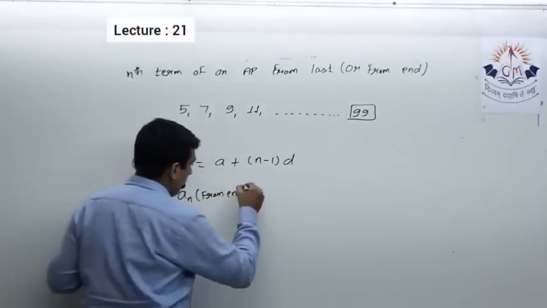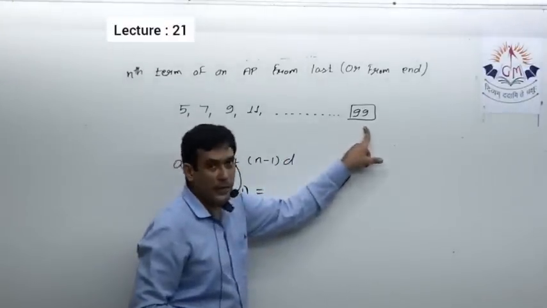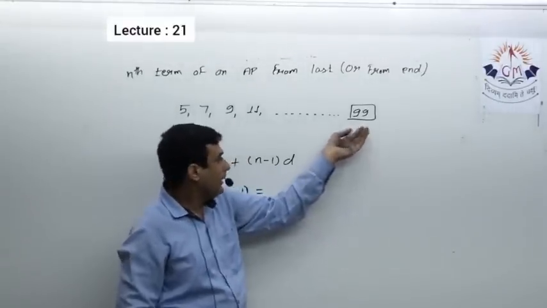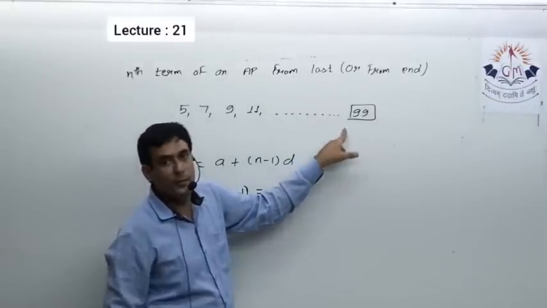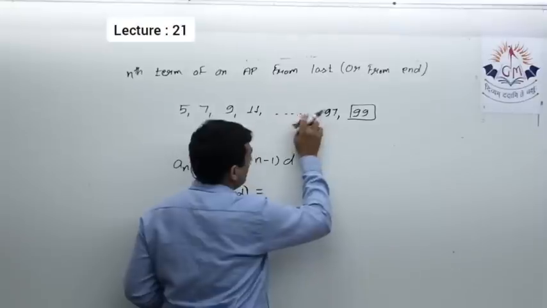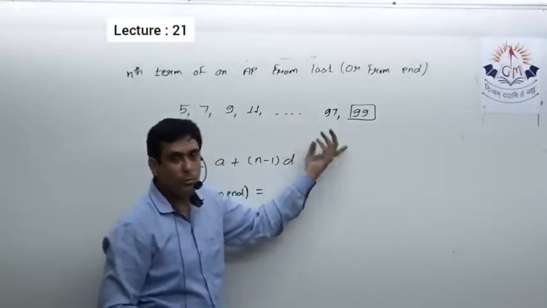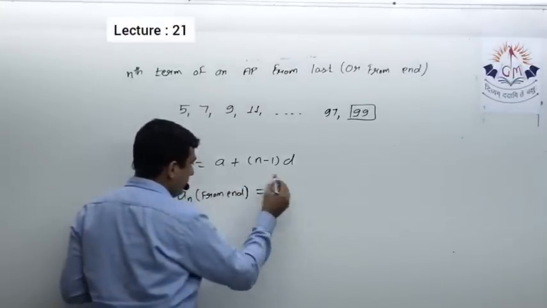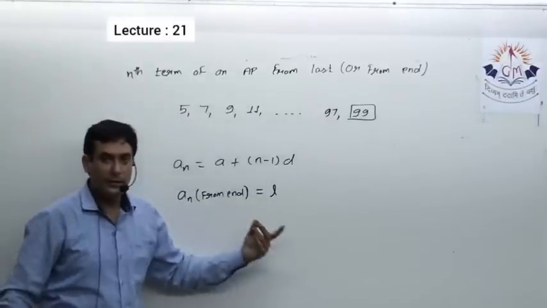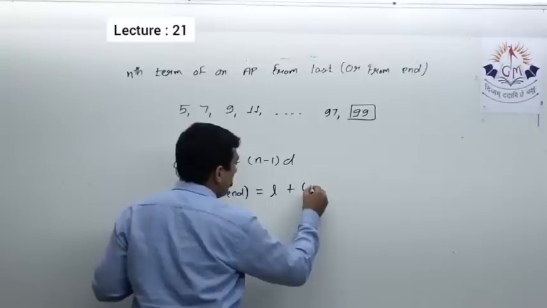So here a, whatever is the first term, now if I want to generate a formula for the nth term from the end, a will become L, because I have to count this as the first term, and the second last term will be the second term. Here the second last term is 97, isn't it? It is not possible every time that you will be able to obtain the second last term, and it is not required either, but this is the formula. So a can be replaced by L. When we have to find the nth term from the last, we consider the first term as the last term. Now n minus 1 remains as it is.